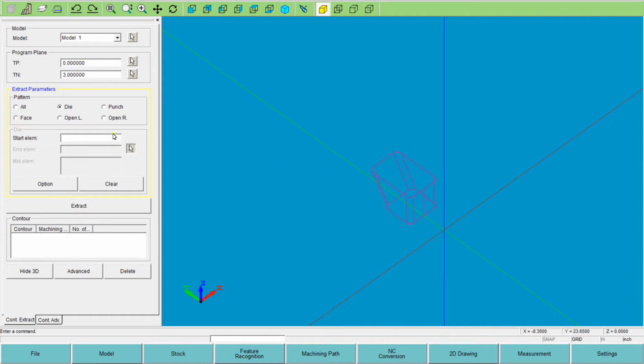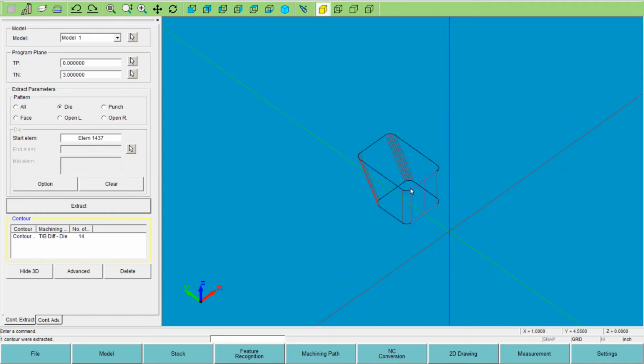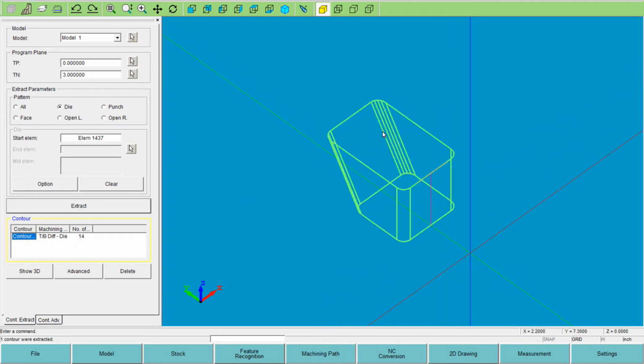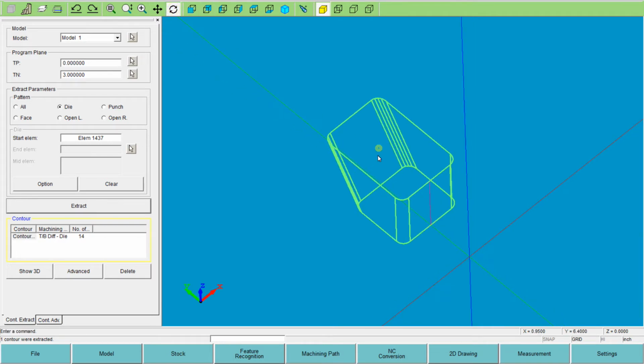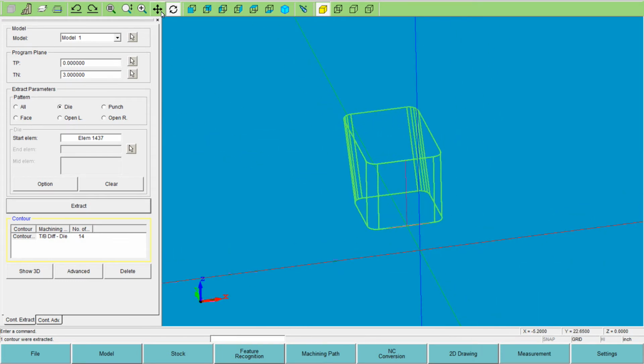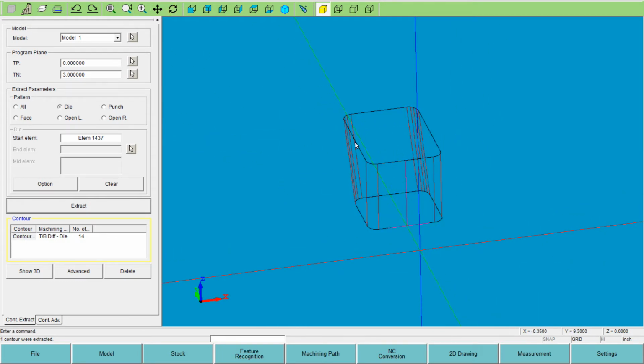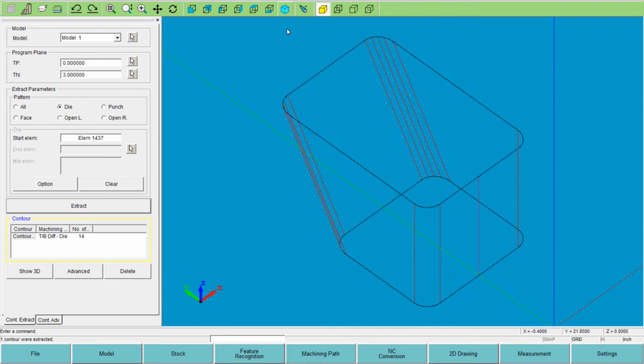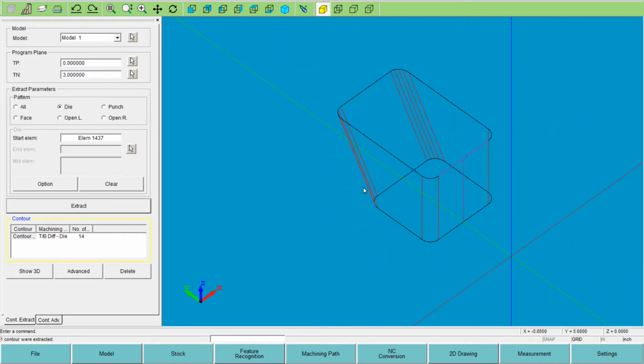If you want to pick a start element, it doesn't really matter. If you have more geometry on there and you select one first, it'll only find this one shape. Now once we do the contour extraction, we see all the match lines that the system found automatically. So that's what you want. You want to have all the match lines and everything looks correct, not out of sequence top to bottom. If it doesn't work, you could have an unequal number of elements. So we need to have an equal number of elements. So that's this example. Let me save it as